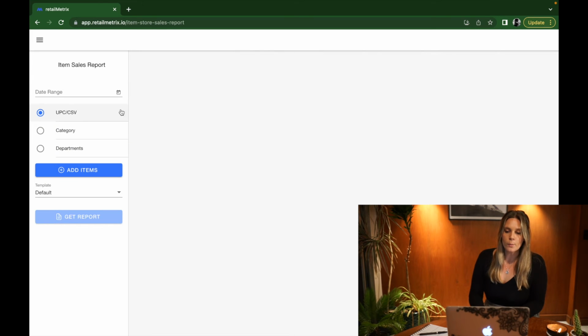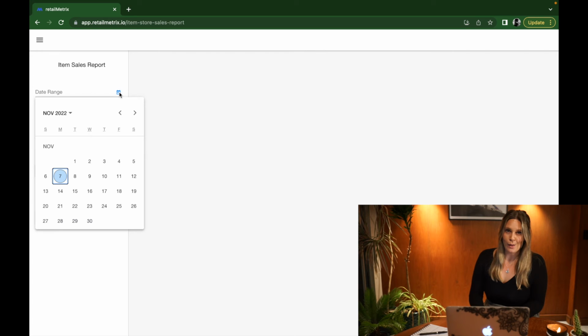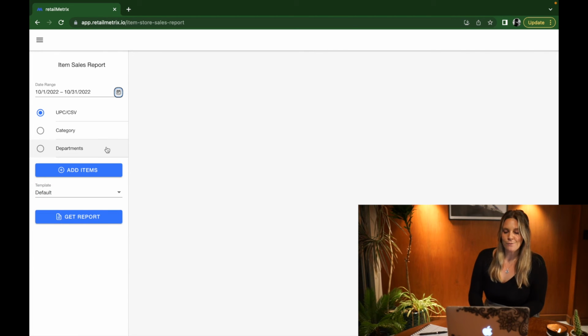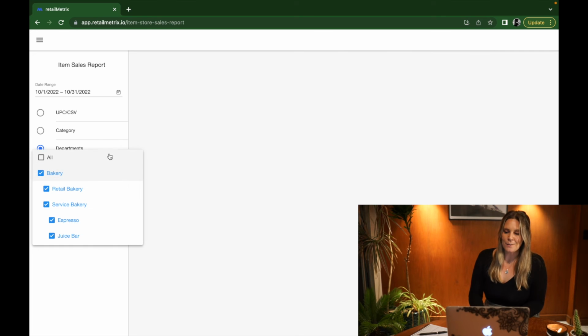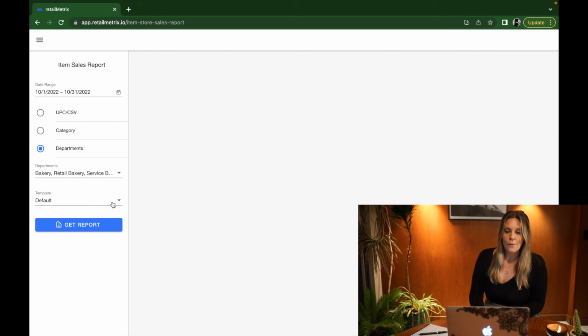Let's take a look at an item sales report. Here we can pull up a report for the sales of all the items in any department or category, or you can choose individual items. Select a date range that you would like to view, and then select the items or category. Using bakery as an example, you can choose a custom template of data like before, or you can select from